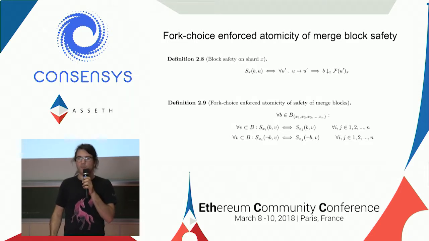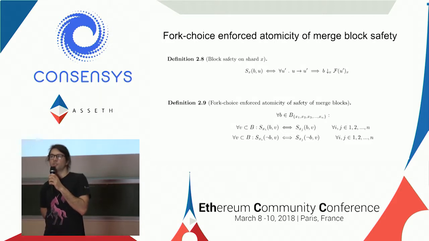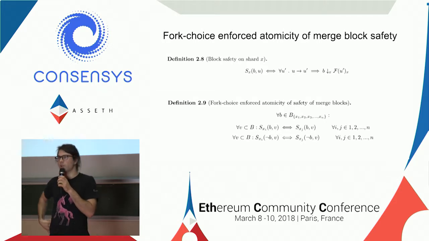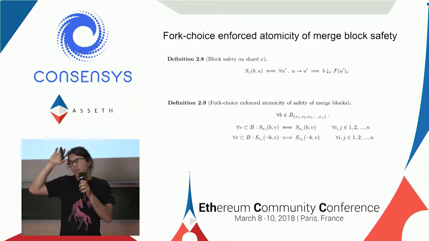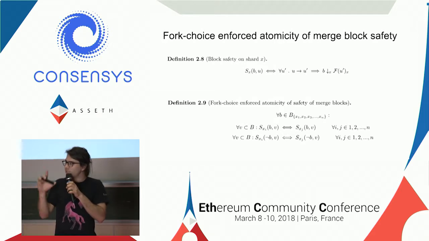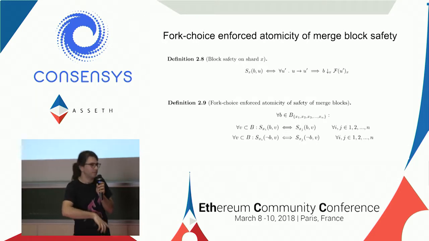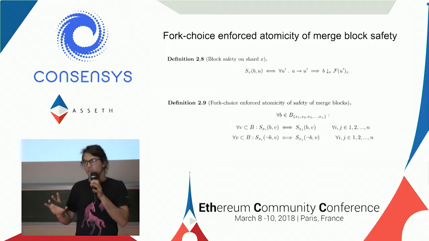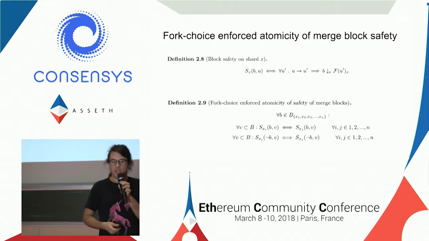And so then we have this fork choice enforced atomicity of safety for merge blocks, which is a weaker notion. Rather than a block having to be in both forks or neither always, for any evaluation of the estimator, it needs to be atomic only if it's safe. So if the block is safely included in this shard, then it must be safely included in the other. If it's safely excluded in this one, then it must be safely excluded in the other, for any shards that are merged. And this is a weaker definition, which means we maybe take less overhead to guarantee it. And it's still